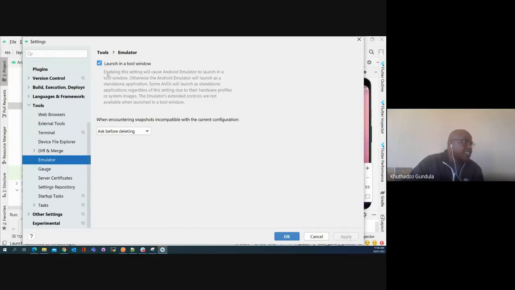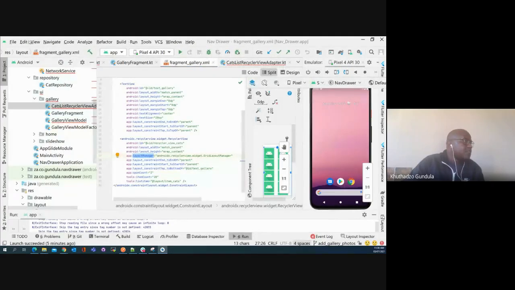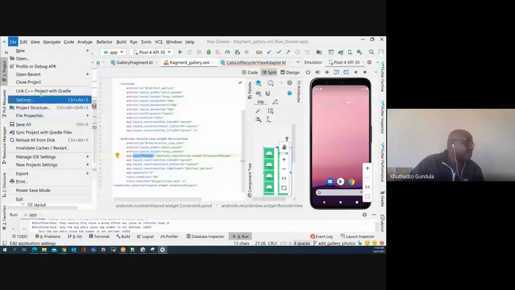If you read here, it says enabling this setting will cause Android emulator to launch in a tool window. Otherwise, Android emulator will launch as a standalone app. Some AVDs will launch as a standalone app regardless of the setting, due to the hardware profile and all of that. So if I uncheck this